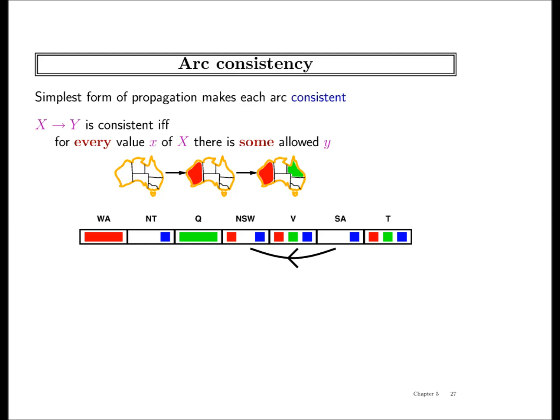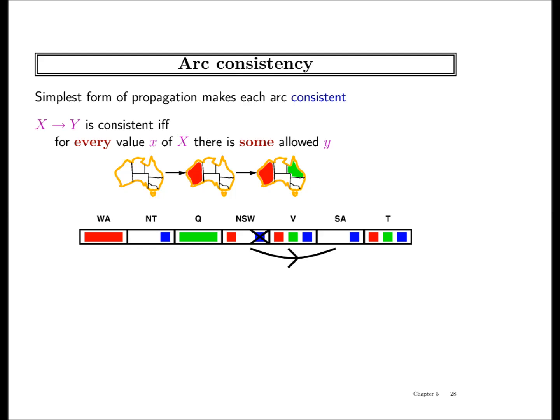Let's do the reverse constraint. For every allowed value of New South Wales, do I have an allowed value for South Australia? No. Which allowed value for New South Wales does not work? So what can we do? Remove blue. So just by this assignment and some propagation, some inference, I have realized that New South Wales cannot be blue with respect to what we have assigned so far.